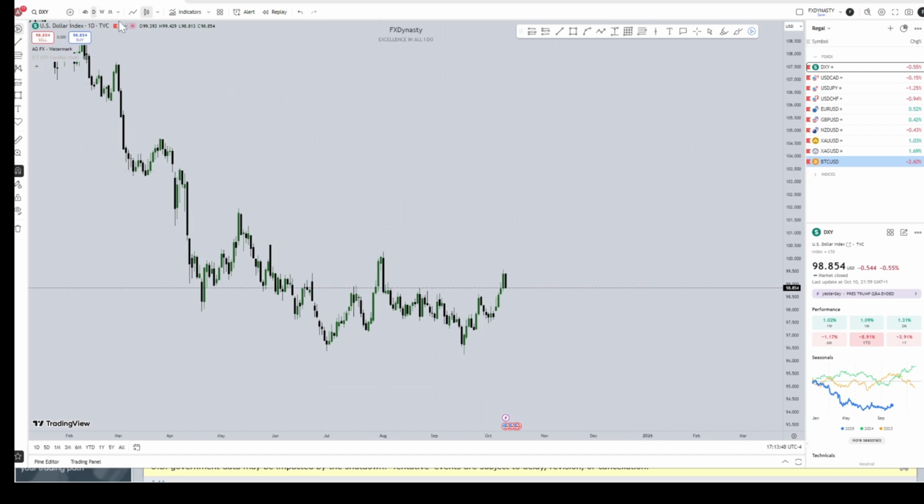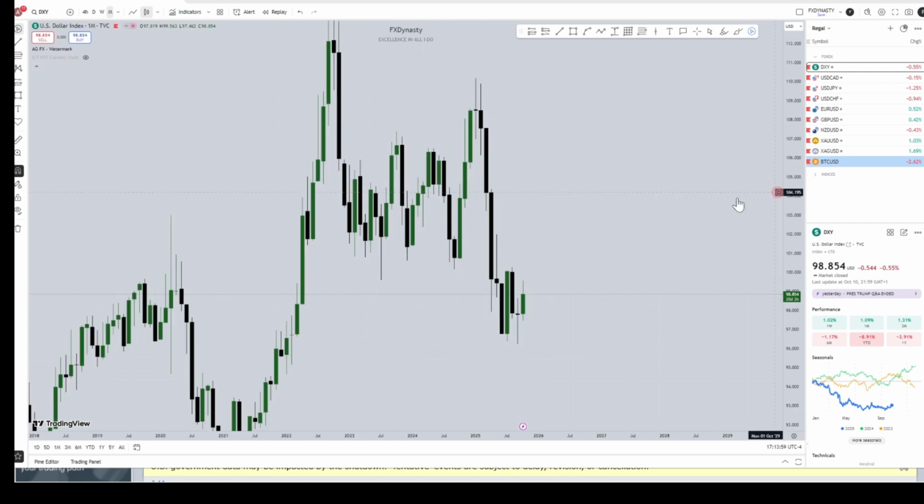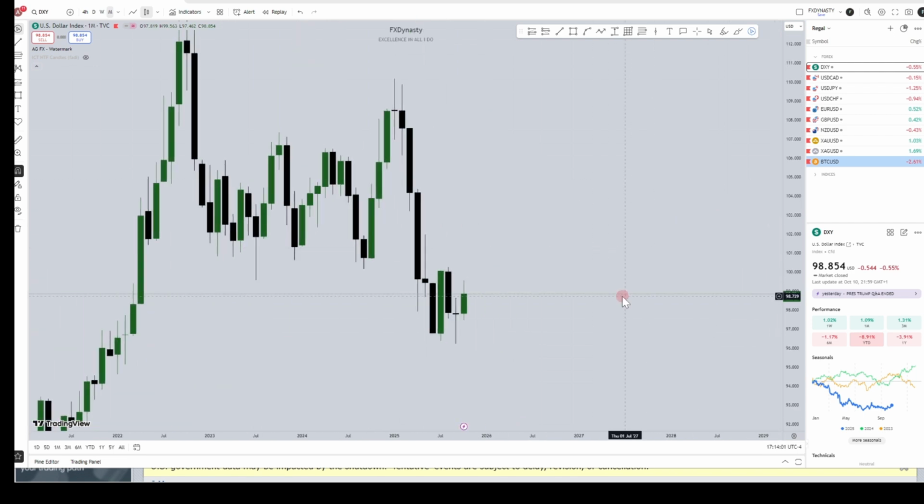So guys, this is our DXY, and we need to start the analysis from the monthly time frame. From the monthly time frame, we need to define the dealing range that we currently have, or the order flow leg that we are going to be working with. If you look closely, you see that we have this swing high and this swing low. Within this price leg, we have these